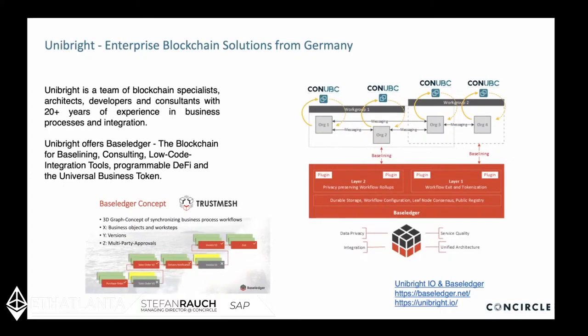So we want to show you, or introduce you to the trust mesh. It was presented yesterday, I think, and now we will see how it works with conUBC. In this case, we will not only have one SAP system, we will have two SAP systems, and we will have some kind of a simple process, where on the one system a purchase order